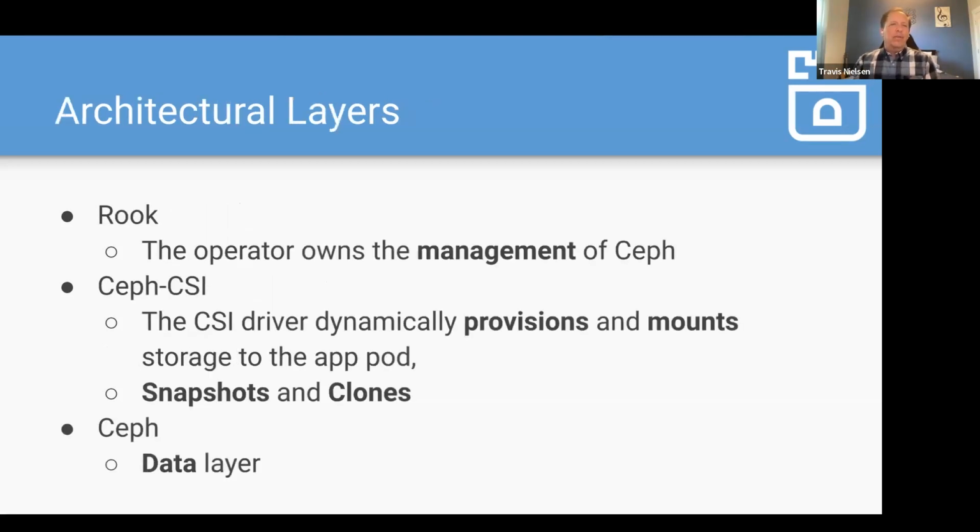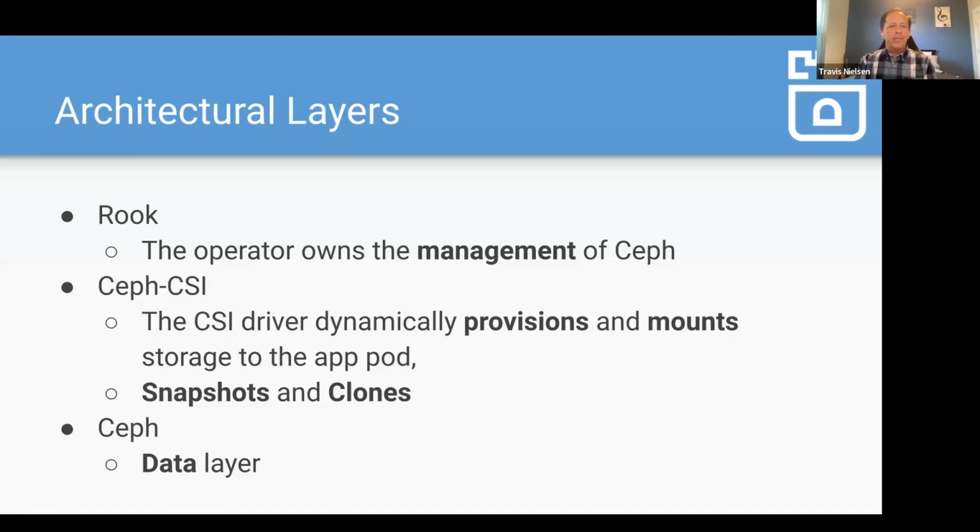Kind of a brief view of the architectural layers. So Rook does own the management of Ceph. The operator deploys it as a distributed system. Ceph itself is quite complicated. There are a number of daemons. You've got the Ceph mons that are kind of the brains of Ceph that store some metadata. Then you've got OSDs that store the actual data on each underlying disk in each node. And I won't go into all the daemons, but there are a number of daemons that Rook has to deploy